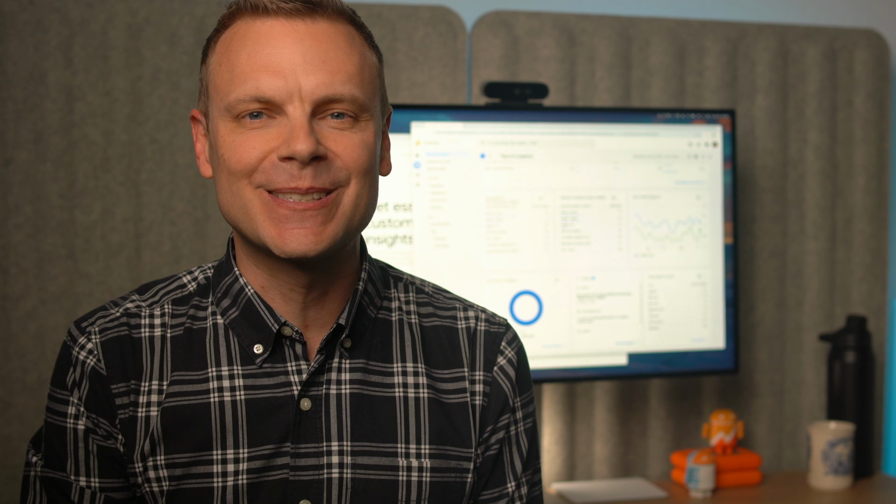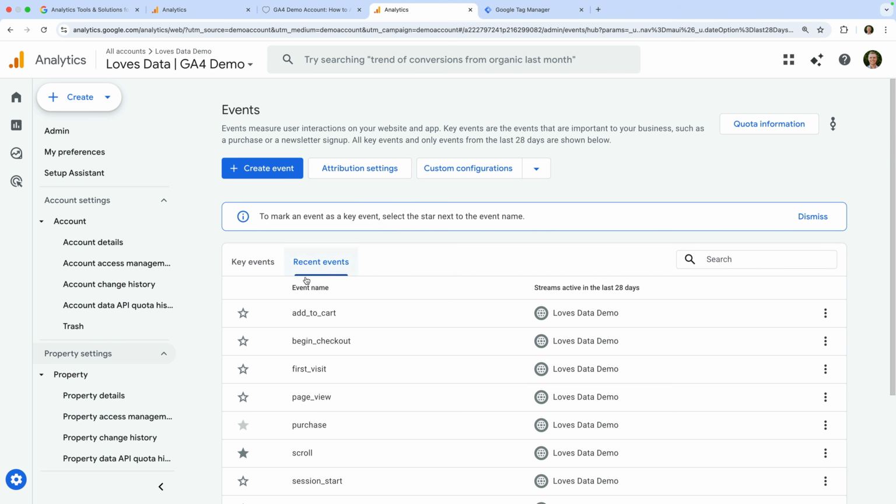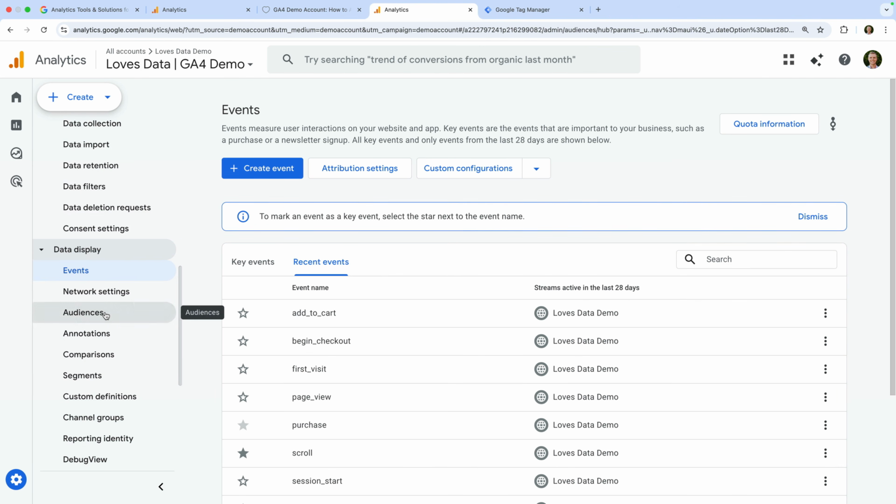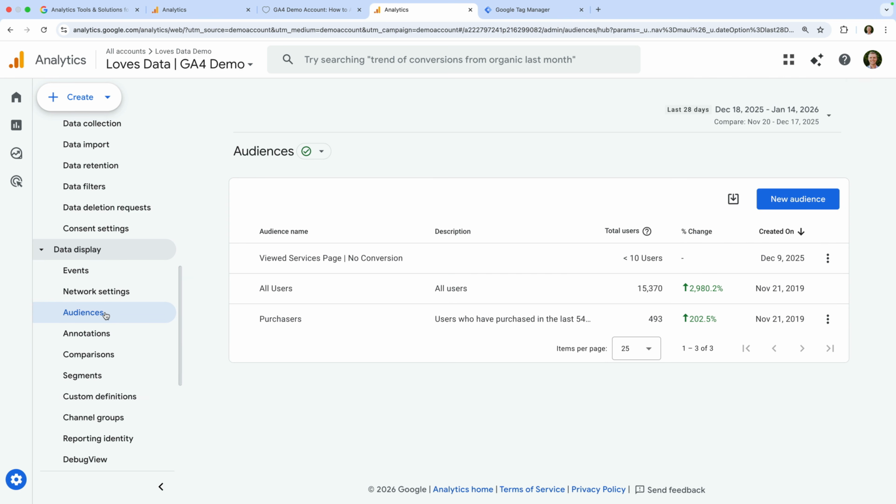Now let's navigate to Audiences, which is also under Data Display. You can create audiences to report on particular groups of users. For example, you might want to use an audience to focus on users who make multiple purchases on your website, or to focus on users who haven't converted yet. Apart from using audiences to focus your reporting, audiences can also be used for remarketing in your linked Google Ads